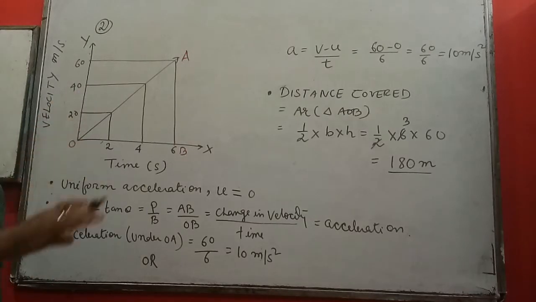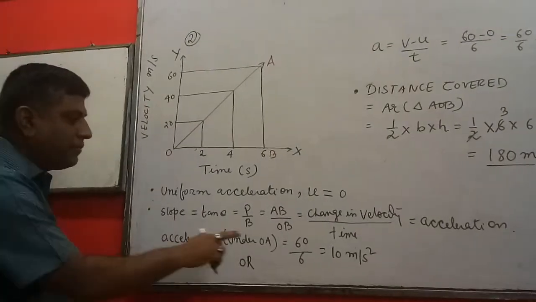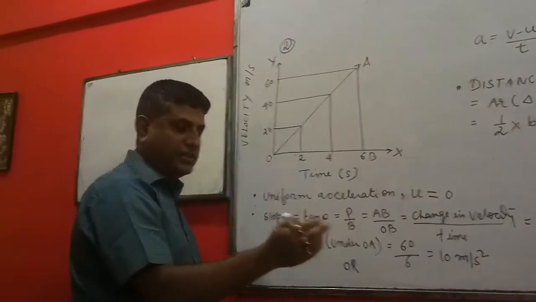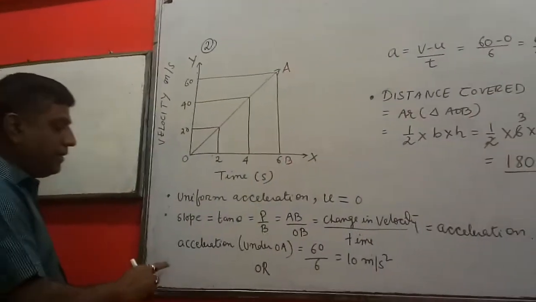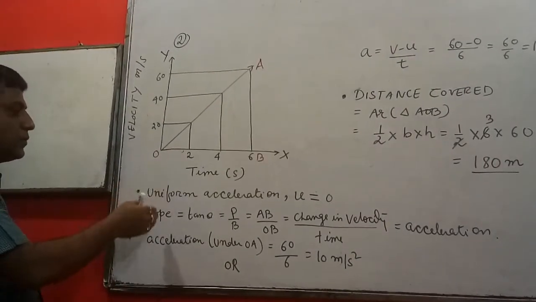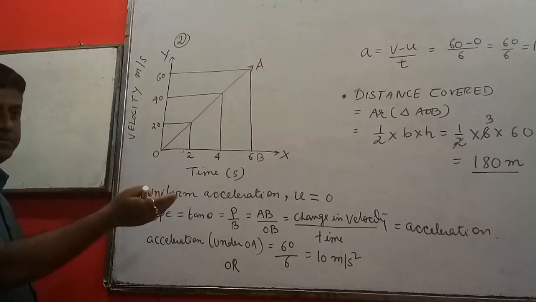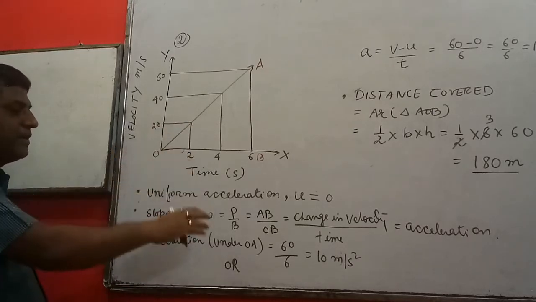Listen children, you have to study continuously all the topics we have taught earlier. You have to go through the topics, otherwise you will get confused. See, already I have given you the formula. Rate of change of velocity is acceleration. So change in velocity by time is acceleration. So what we have concluded? Slope under the velocity-time graph indicates acceleration.